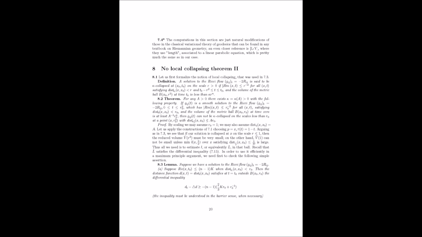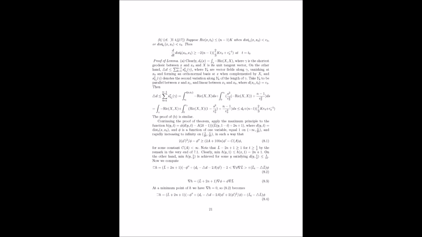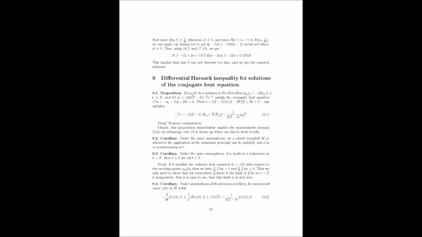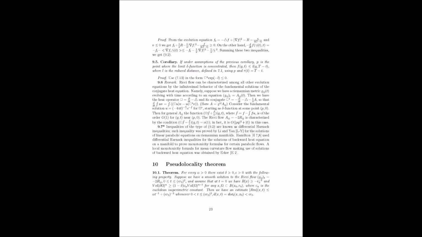This is all very exciting, but I'm starting to feel a bit overwhelmed. I understand. Is there a way to connect all these ideas? Entropy, no breathers, no collapsing, reduced volume, and pseudo-locality into a more unified picture. That's a great point. We've covered a lot of ground. We have. It might be helpful to think about the Ricci flow from a